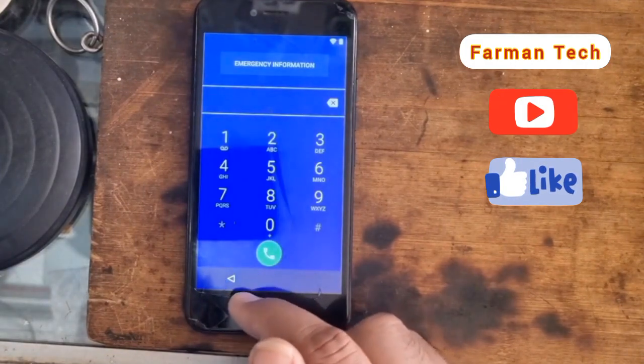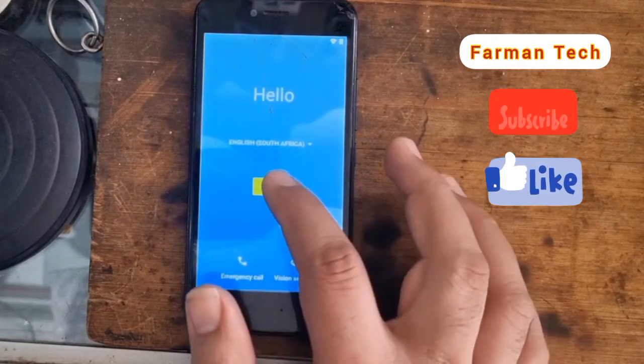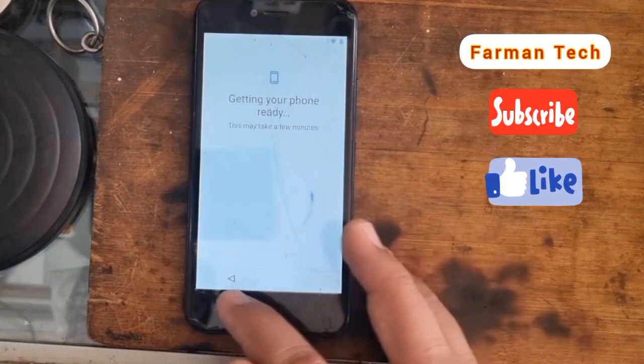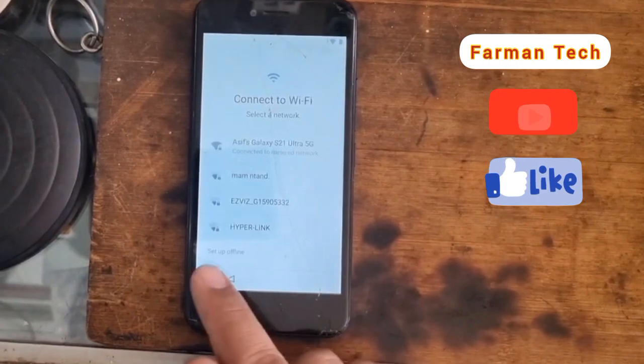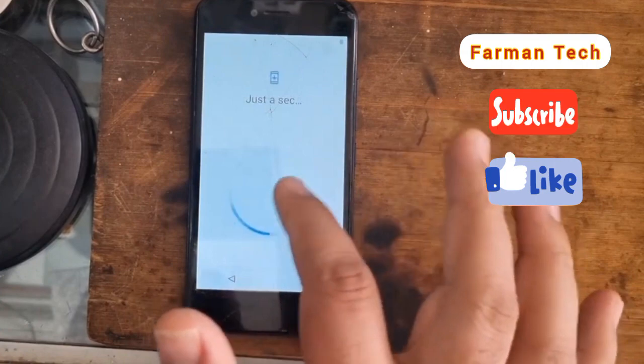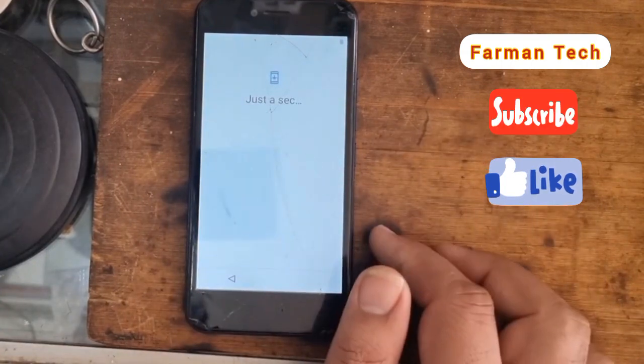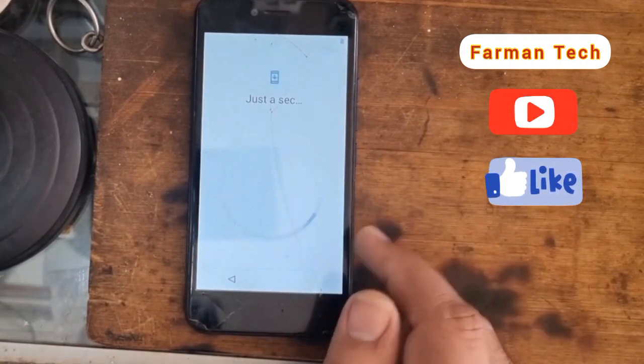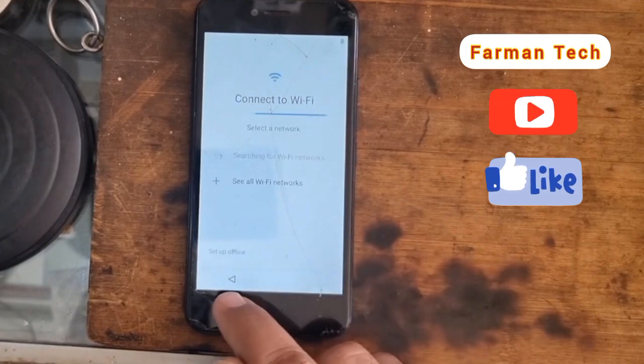So you can see here there is the setup. Click start this setup and escape it back. Setup offline, continue, but it is loading now and FRP is not removed. You can see, now you have to go back